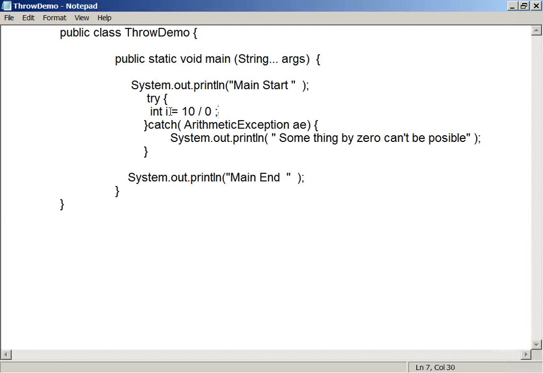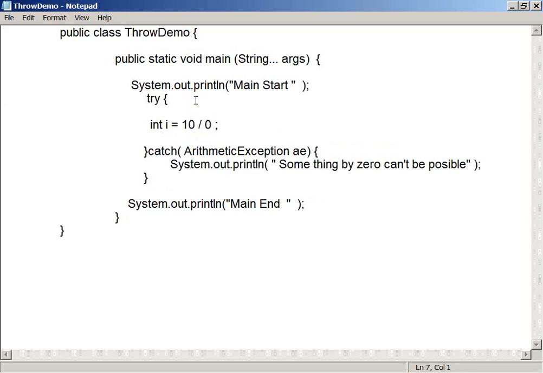But here the thing is, when this statement is executed, the object is created for a class called ArithmeticException, right? So it is not a new thing here, how we are creating the objects. We know that if you want to create the objects of a class, we use the new keyword and we use one of the constructors to create the object for that class. It's a very fundamental core Java point we have learned when we discussed the objects, right?